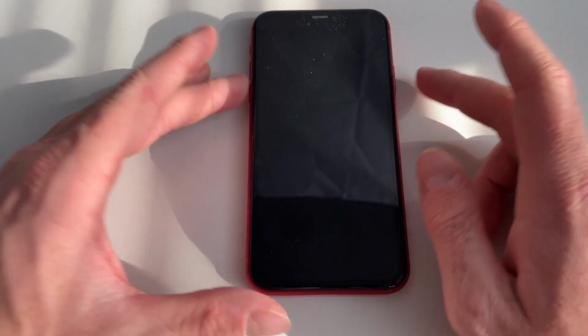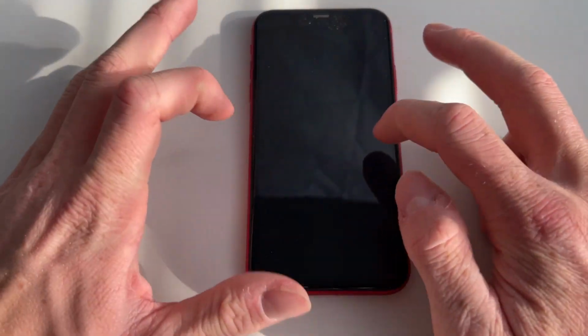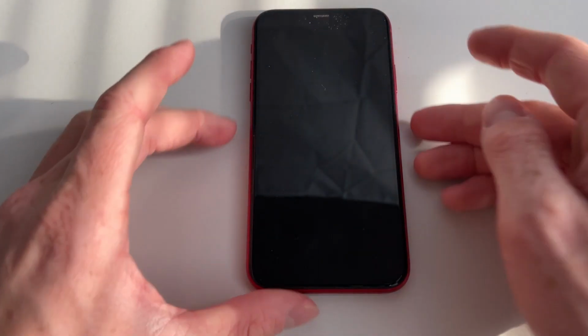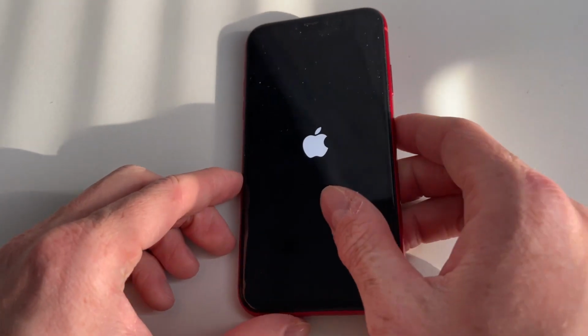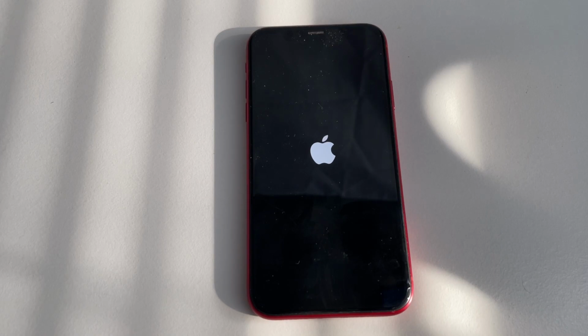However, 99% of all issues with your iPhone can simply be resolved by double checking if you have Wi-Fi connected, low power mode disabled, high battery percentage, and the most important one, simply restarting your phone. And I know it sounds really obvious, however a lot of people don't do this, and maybe you also didn't try this yet. So make sure to restart your phone, then to start it up again, just hold the power button and hold the volume up button at the same time for a few seconds till the Apple logo appears. And then we can see it appears, and now all we have to do is wait,